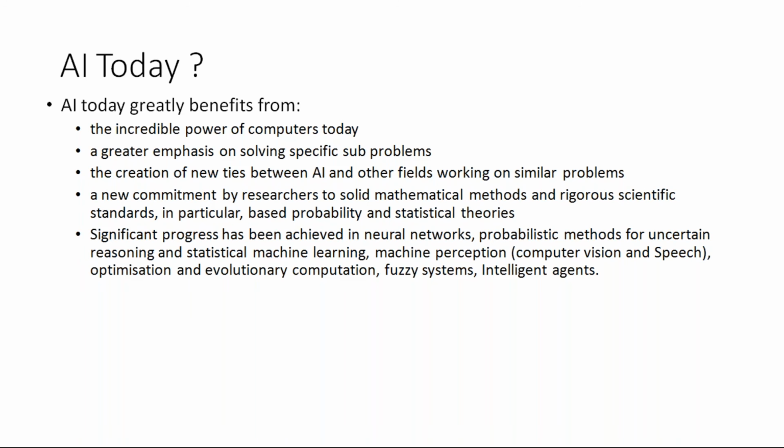We can get very powerful computing machines on the cloud as well. Earlier, if I was supposed to write an algorithm on an HPC cluster, a high performance cluster, I had to go to a large data center with such funding. Now cloud computing providers like Amazon and Microsoft give me supercomputing power for a few amounts, so I'm not required to bother about cost. And the second is the creation of new ties between AI and other fields working on similar problems.